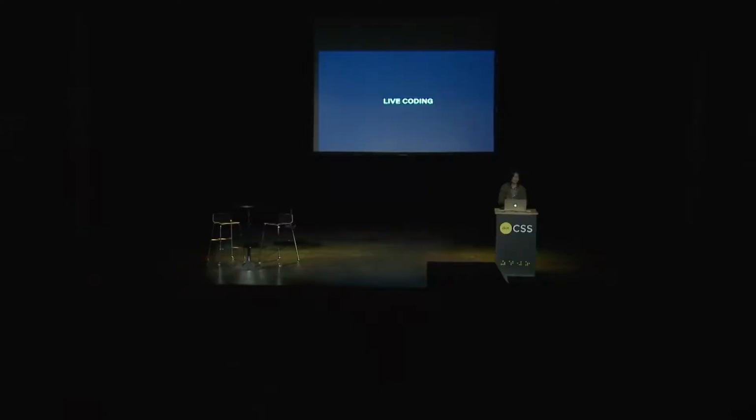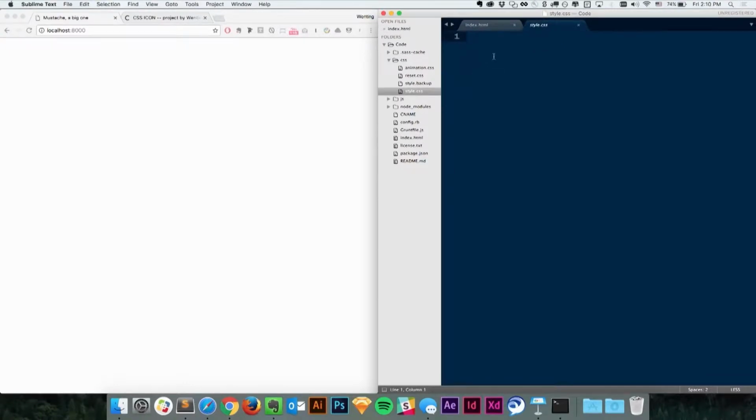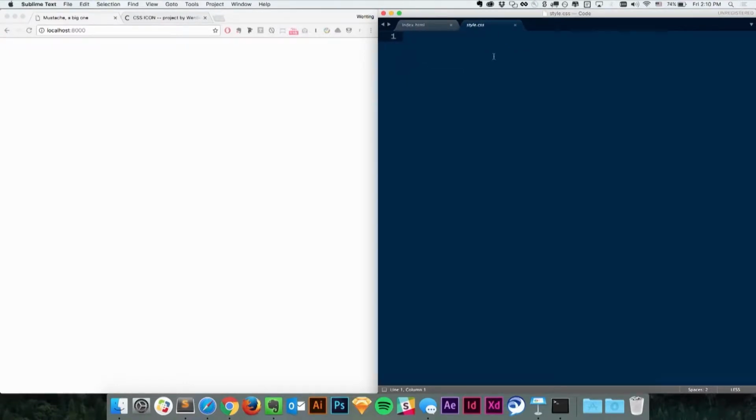So let's now dive into live coding. As I said before, for the HTML, we're just gonna have one single div, and I'm gonna add a class name to it, mustache. And we're done with HTML for the rest of this coding session. And then we can close it for now. And now with the style sheet,